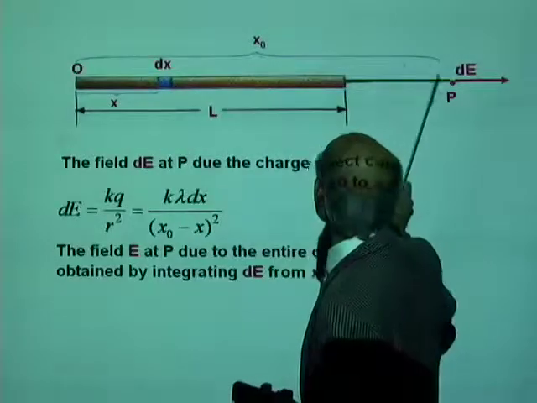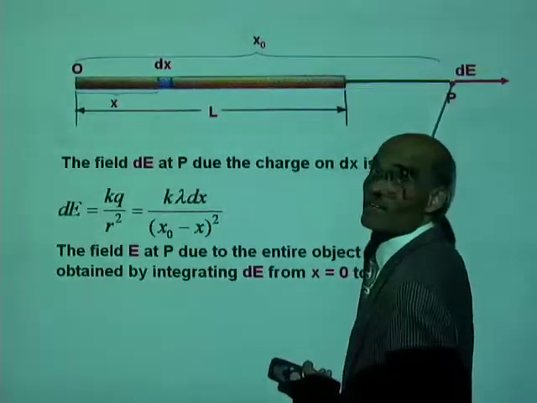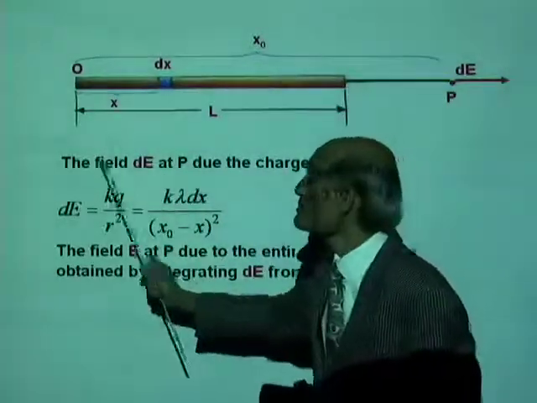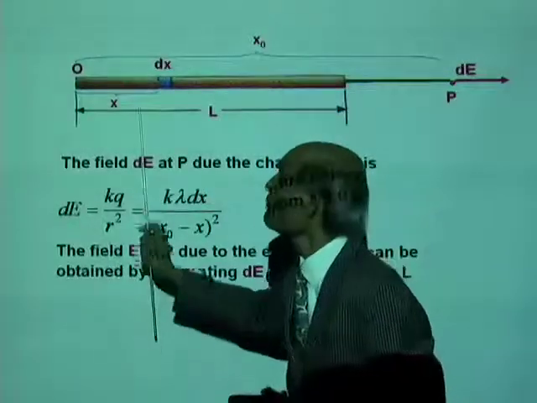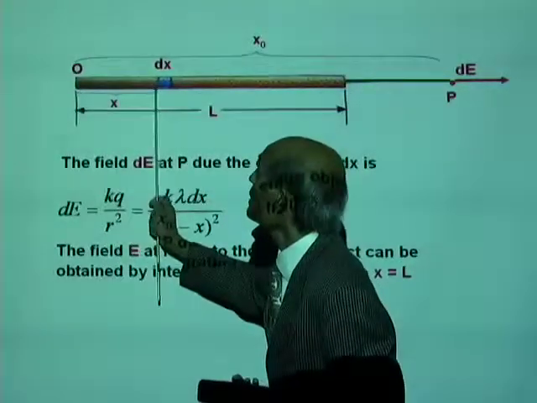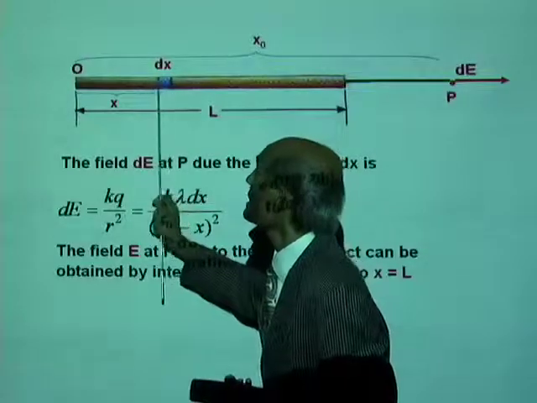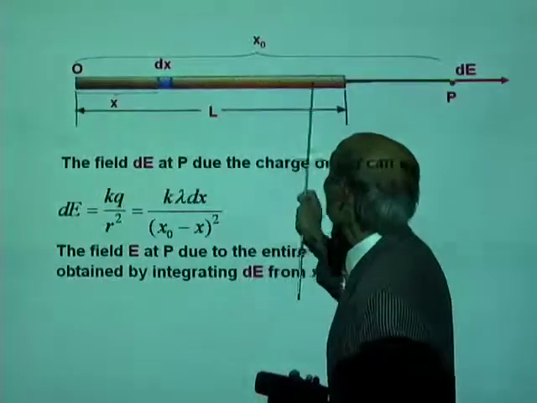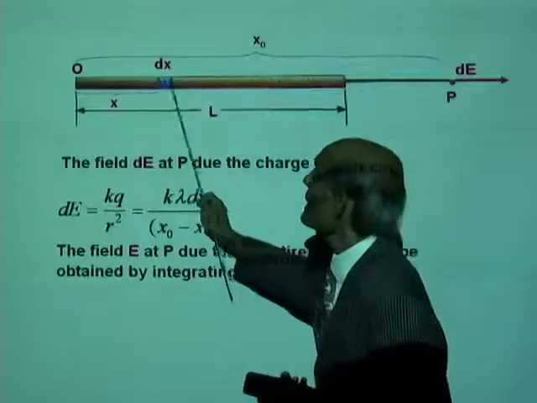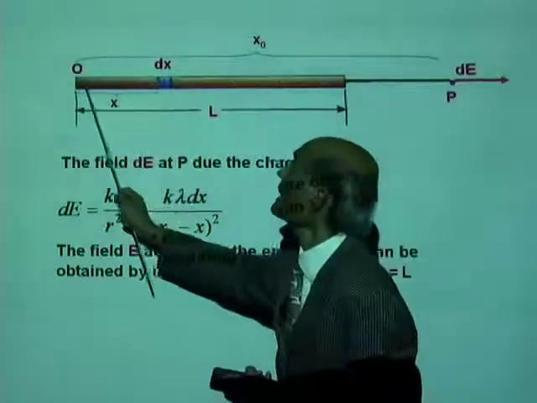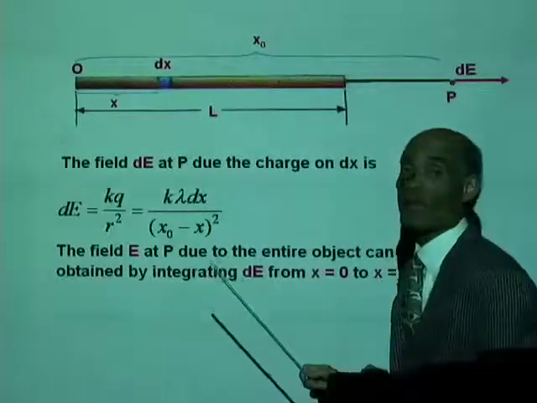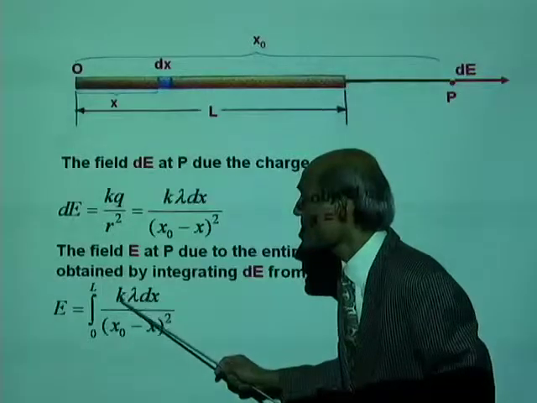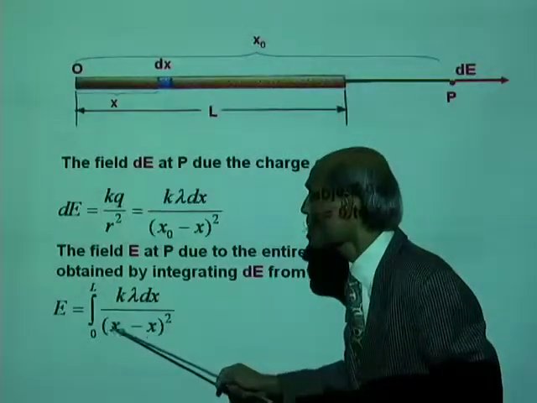So, in order to obtain the field E at P due to the entire extended object, all we need to do is integrate this dE from x equal to 0. Look at this. The position of this element can change from this end, x equal to 0, to x equal to L. This segment can be anywhere from x equal to 0 to x equal to L. So E equal to integral 0 to L k lambda dx all over x0